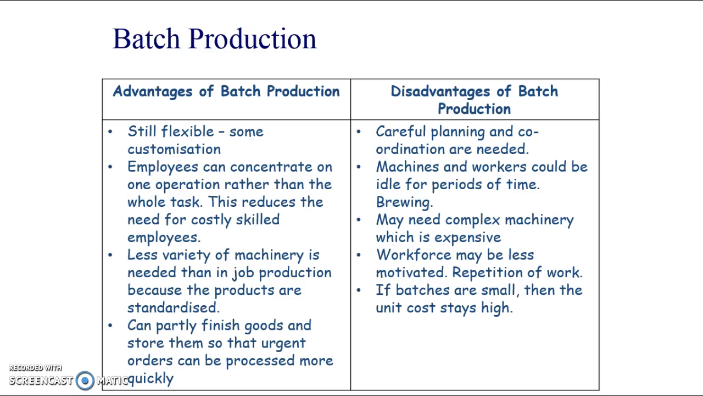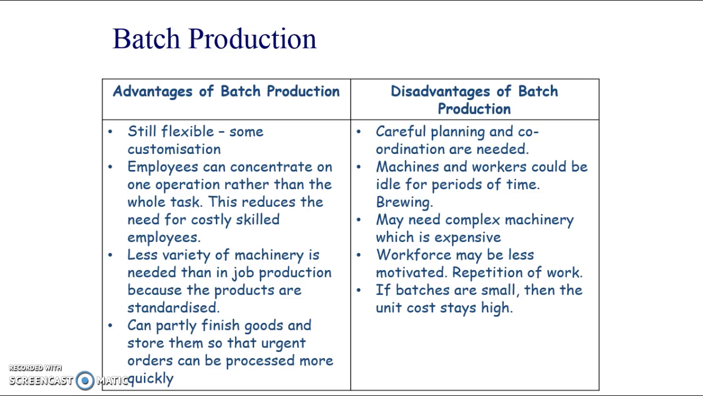The disadvantages, though, are that you need careful planning and coordination because you're dealing with a much bigger quantity than with job production, and parts of the production process won't be being utilised or used all of the time. So machines or workers that work on certain sections could be idle or not being used for a period of time. I've put an example there of brewing. This is a very common example of batch production. So some of the vats will be idle for some parts of the time, and some of the machinery might be only used for one part of the production tasks,